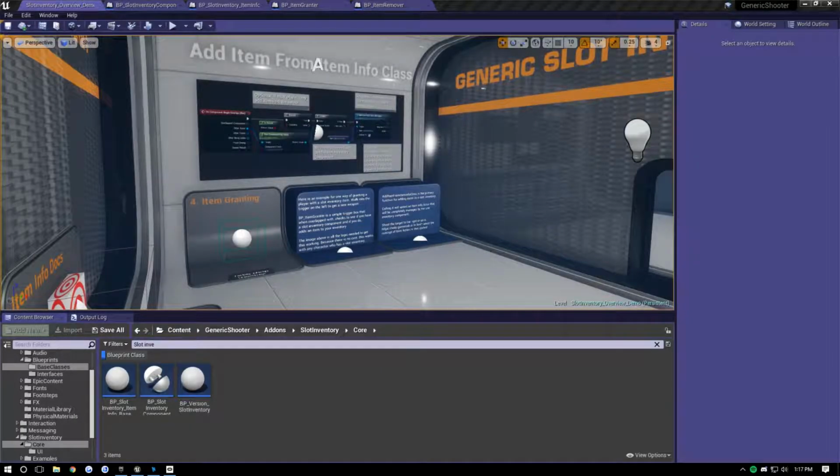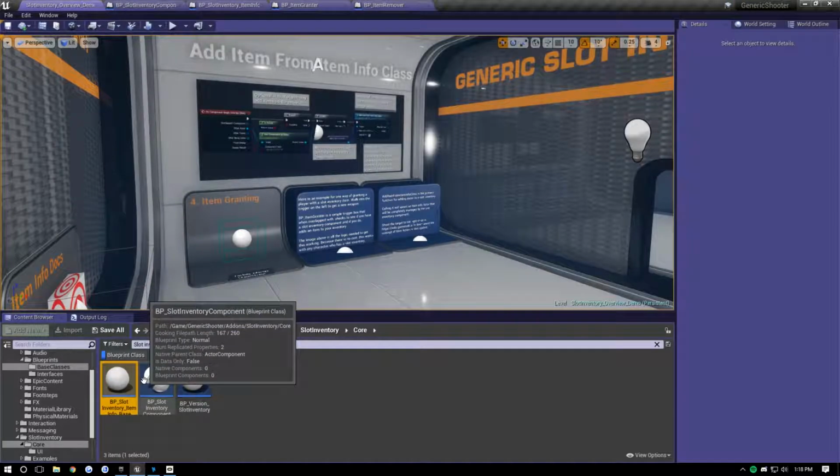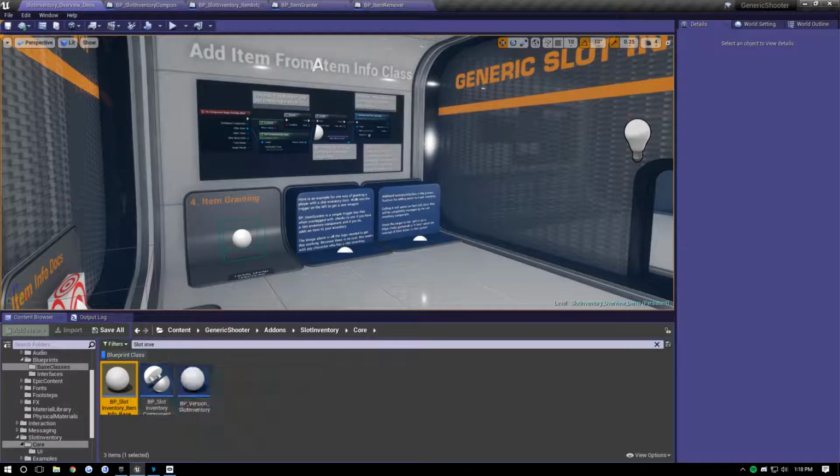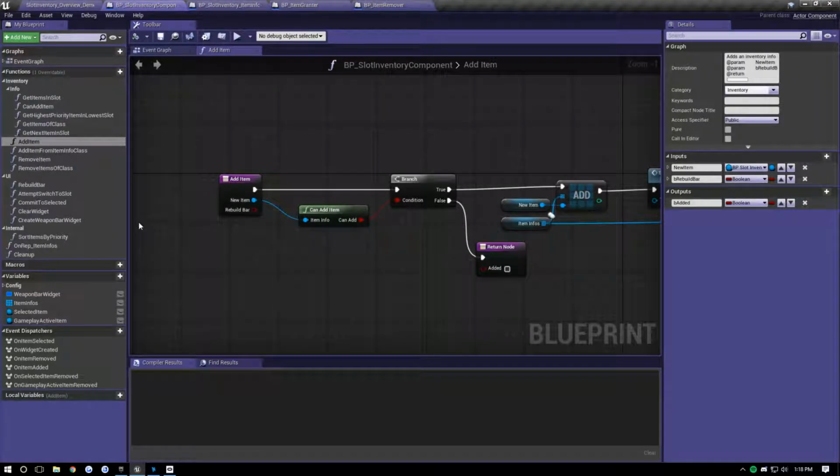The generic slot inventory component uses a concept of item info objects to keep track of a player's inventory. All inventory item definitions must derive from the base class BP slot inventory item info base to be managed by the slot inventory component. The slot inventory component has various helper functions, including add item from info class, and remove item, that allows you